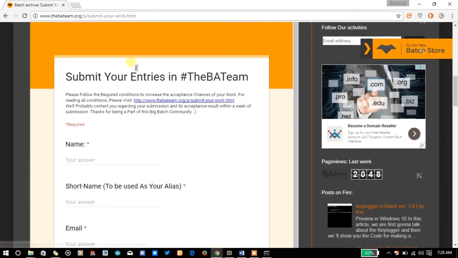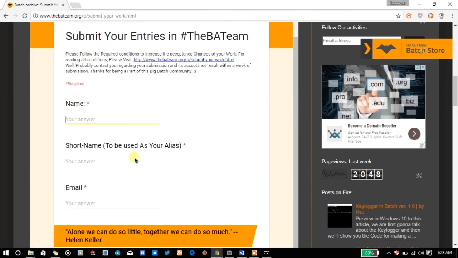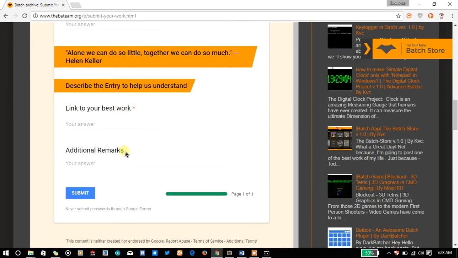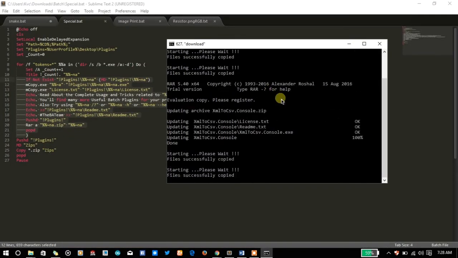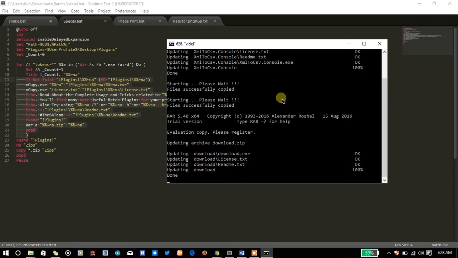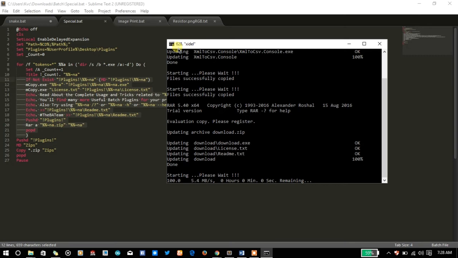And here is a little Google document. You just need to fill the fields and click on submit, and you will be contacted within 24 hours after submitting the plugins. So it is a quite simple and easy process. So we are reaching approximately 650 plugins,